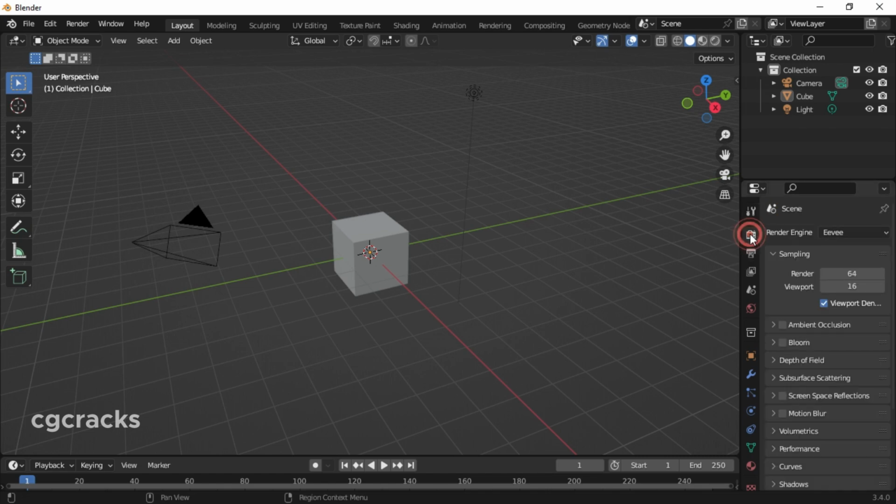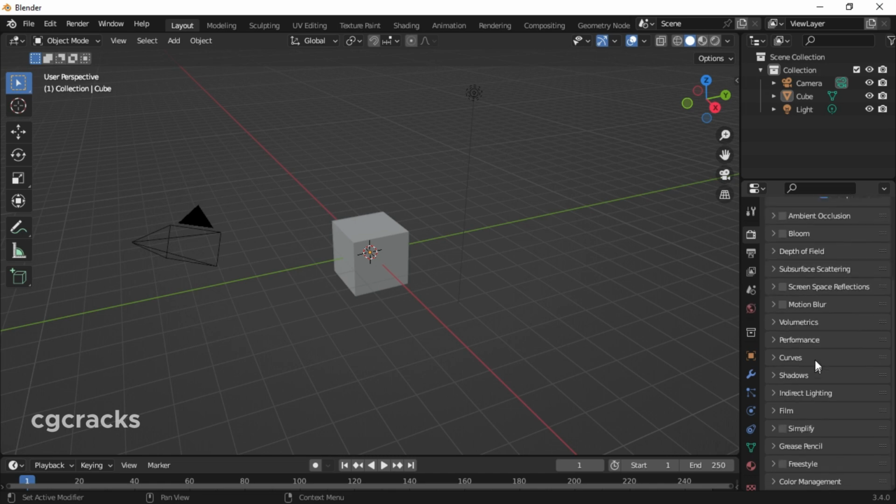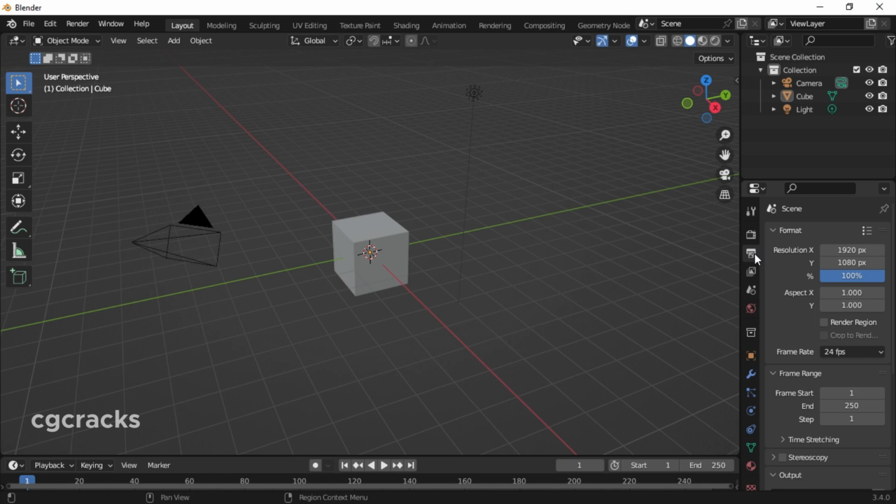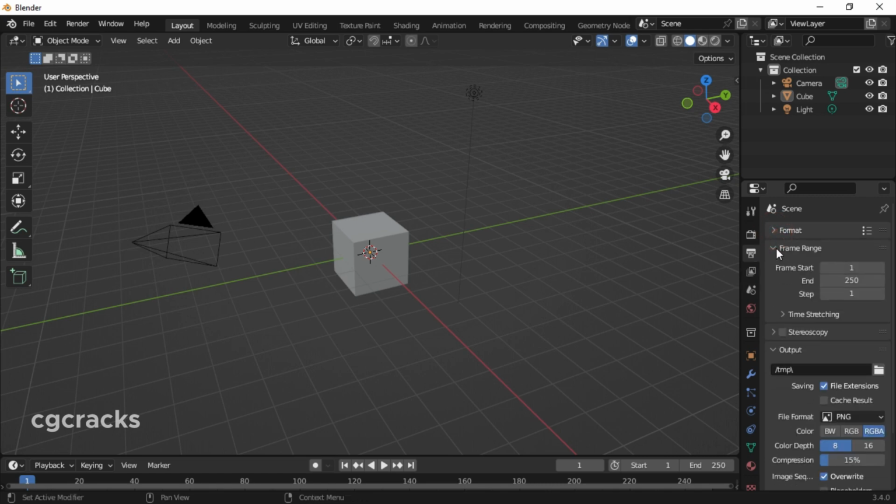After the active tool, we have render properties, which comes with EEVEE, workbench, cycles, engines. Okay, so you can see that your render is at 64. You can choose to increase it, you can choose to leave it. You can add so many things to it, such as depth of field, motion blur, volumetrics, performance, curves, shadow, themes, etc. After the render properties, we have the output properties, which comes with format, frame range,